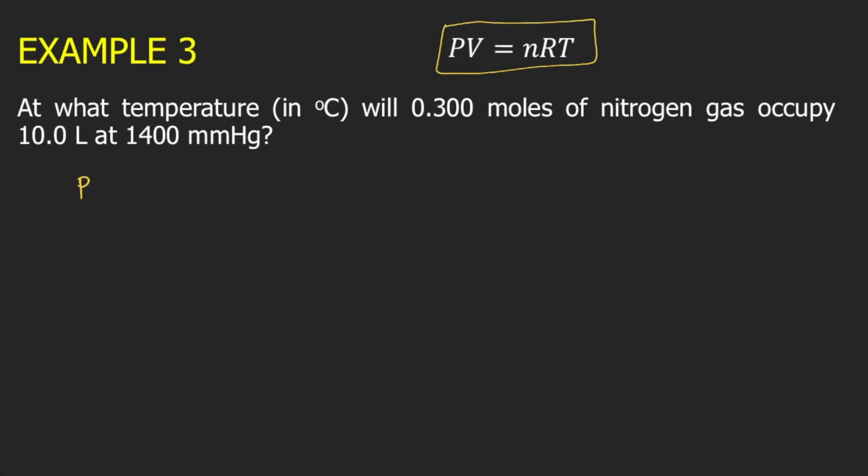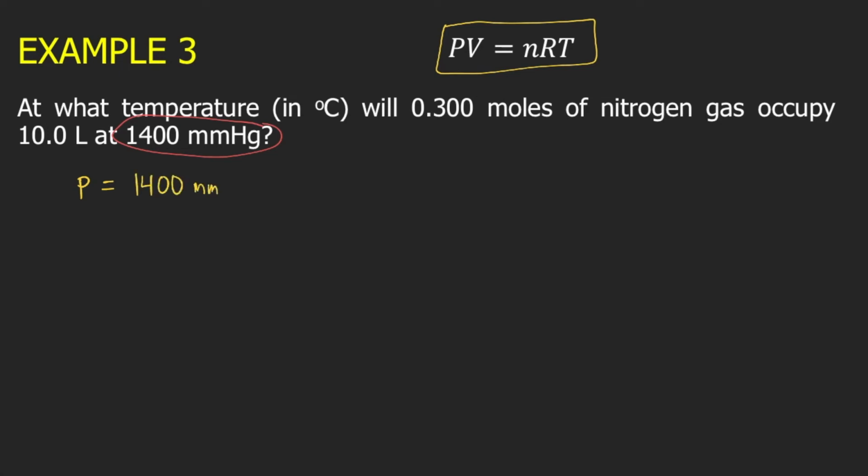The pressure given in this problem is 1,400 mmHg. Now, if we are going to use the 0.0821 as the value of R, we need to convert this into ATM or atmosphere. So as we have learned in my separate video,